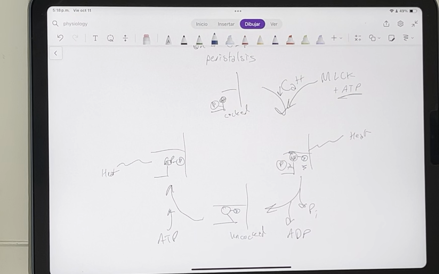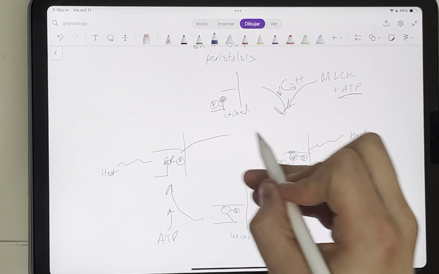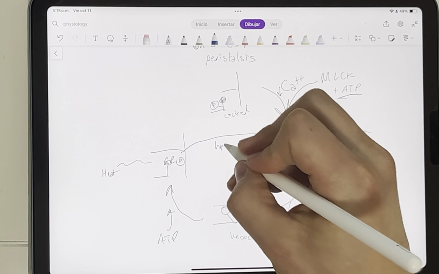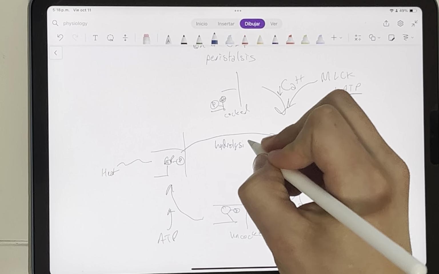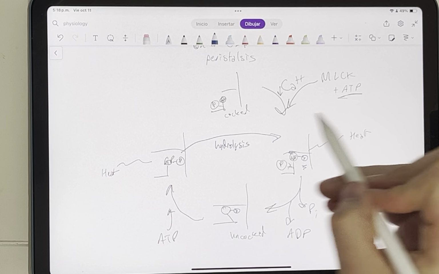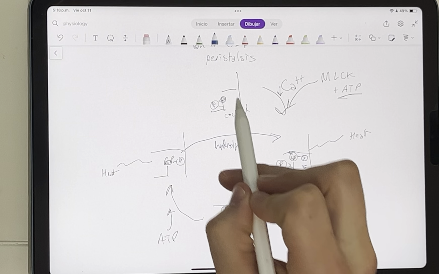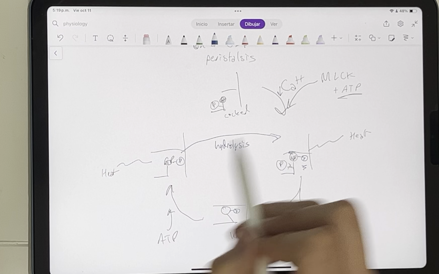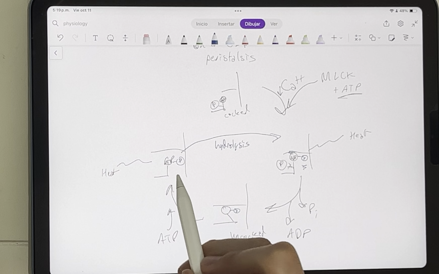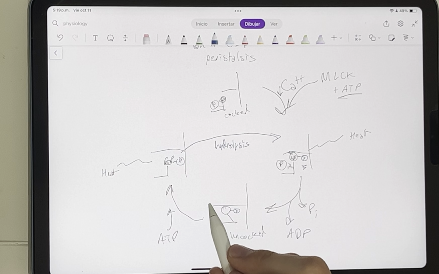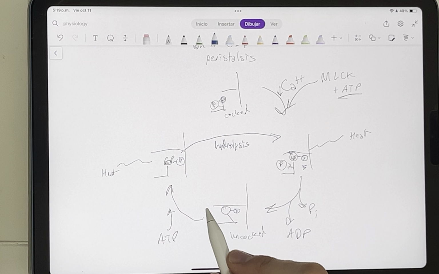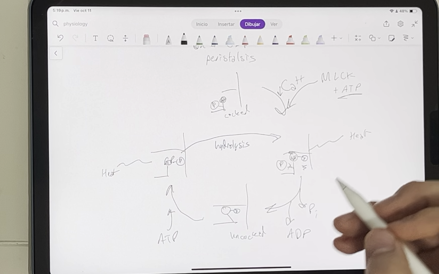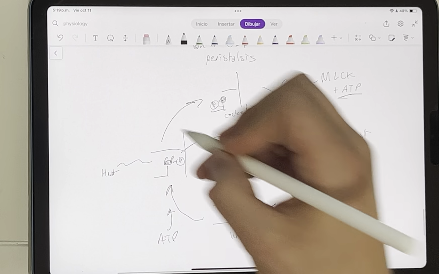So there are two things that can happen now. We can go through hydrolysis and start this over again, not requiring these things, just skipping over this first step, returning to this step here and continuing through this. This is really common for our phasic muscles. However, if, for example, the muscle needs to stop contracting, or just naturally what's going to happen to some of the molecules naturally is